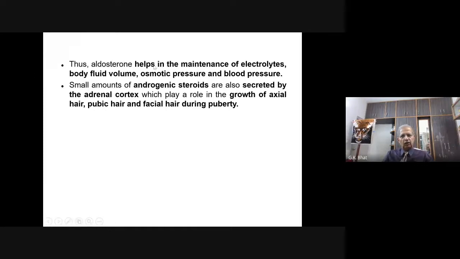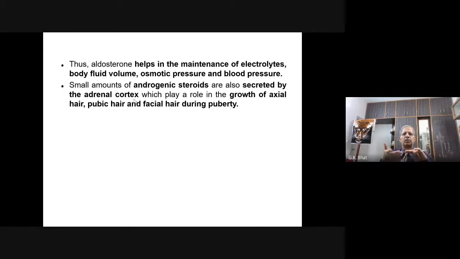Thus, aldosterone helps in the maintenance of electrolytes, body fluid volume, osmotic pressure, and blood pressure. Small amounts of androgenic steroids are also secreted by the adrenal cortex. This is another important function of the adrenal cortex. The adrenal cortex not only produces the glucocorticoids and mineralocorticoids, but a small amount of androgenic steroid,